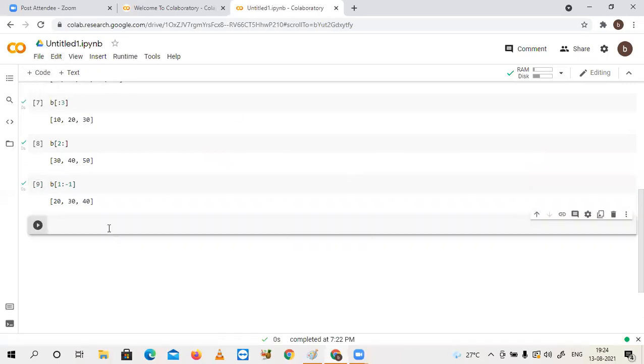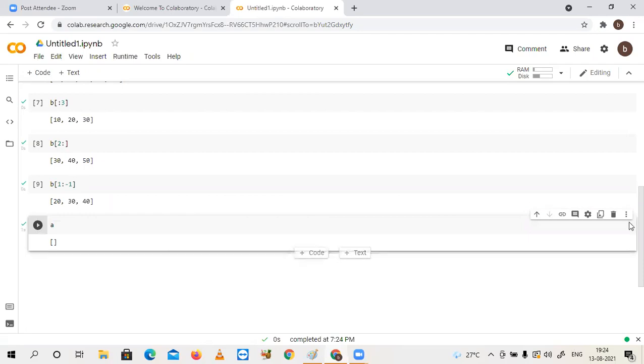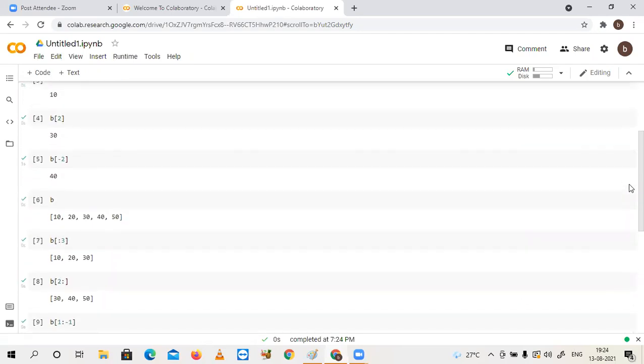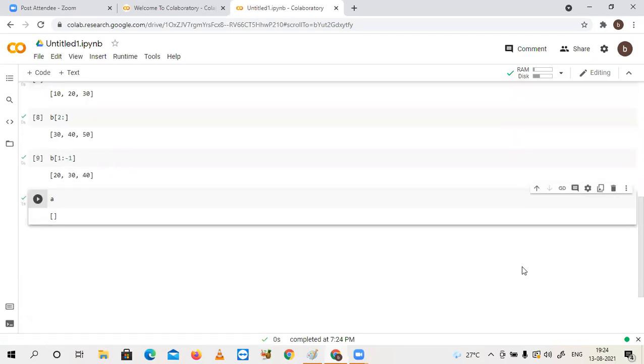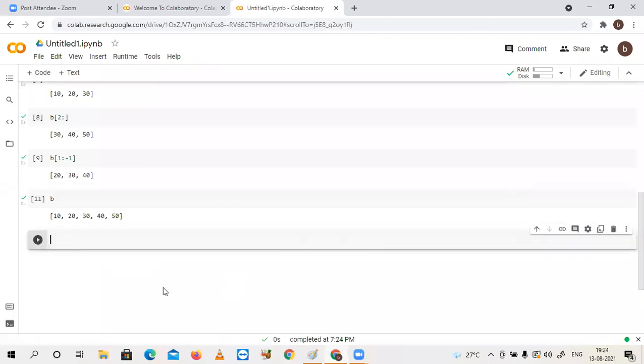Observe this. Already you have A. A is having 5 elements here. B has 10, 20, 30, 40. I think my net is slow here. We did give those things into the variable B, right? So B is having 10, 20, 30, 40. Let's go for one more thing, which is C. Suppose C is having 1, 2, 3, only 3 elements.